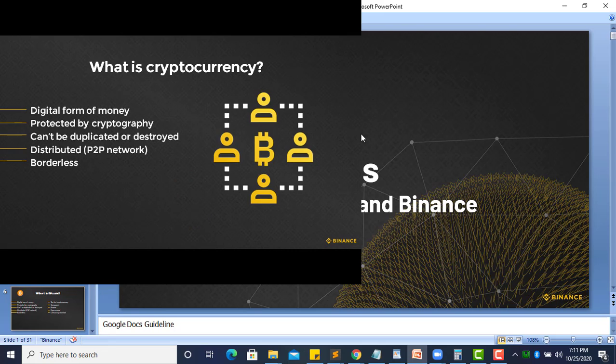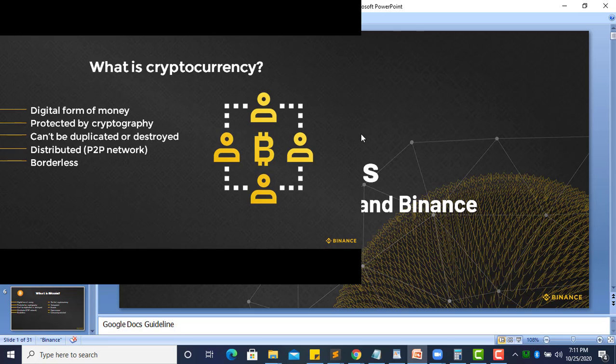So now we are through with fiat money. So what is cryptocurrency? Since we already know what fiat money is, cryptocurrency is a digital form of money. So as we have our paper money, our naira, we also have what is called cryptocurrency, which is a digital form of money. So instead of us carrying paper money, there is a money that is electronic. That is what is called a cryptocurrency.